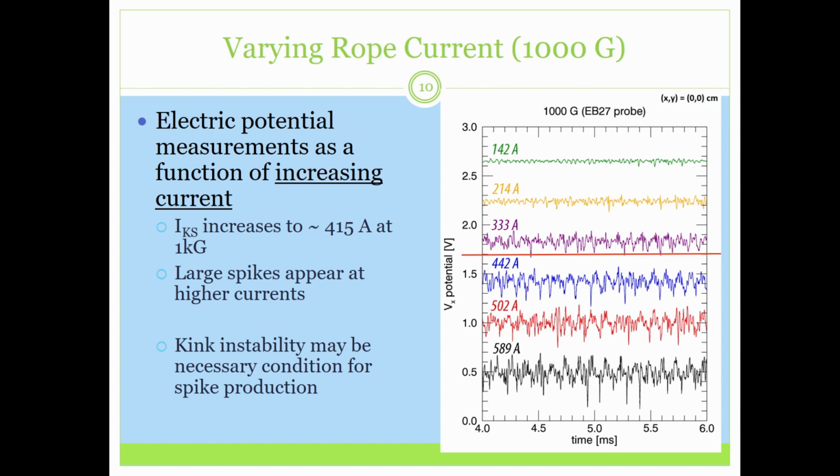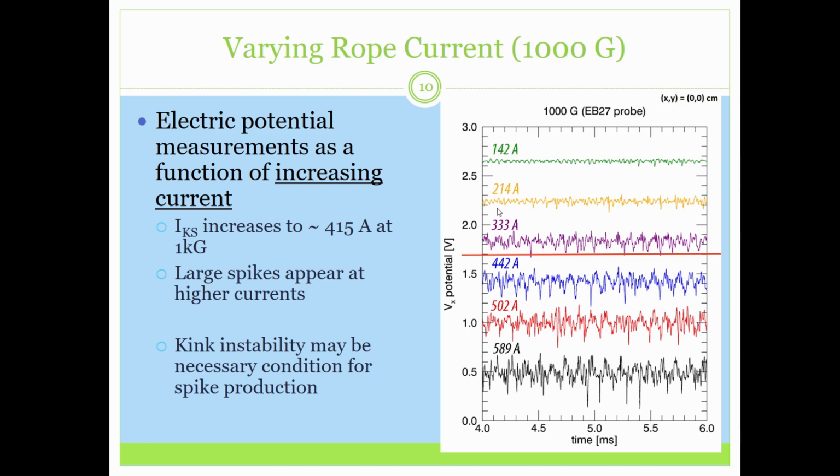Next, we note that a kink instability might be a necessary condition for the spikes to form. In this setup, we increase the magnetic field to a kilogauss, which causes the kink instability current limit to increase to 415 amps. We then varied the current through the flux rope so that the ropes were in varying degrees